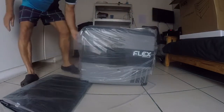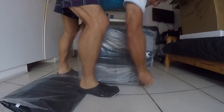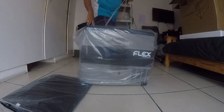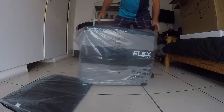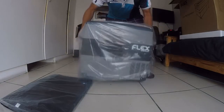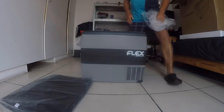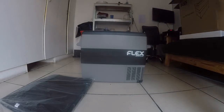It's got nice sturdy handles, and it's pretty lightweight compared to the last fridge I had. The last fridge I had was a Dometic 50 liter. So it's pretty tall, and